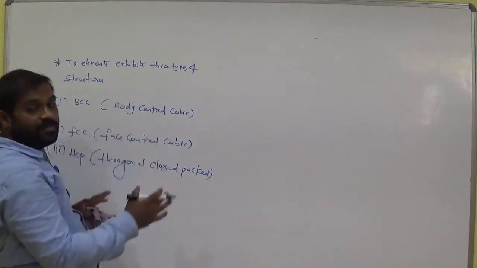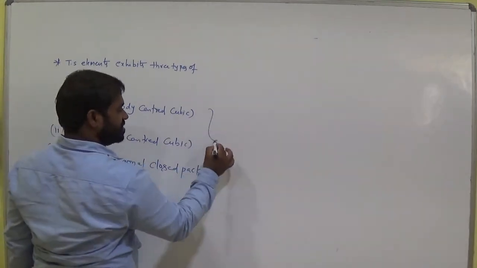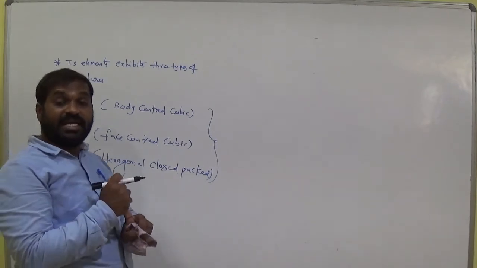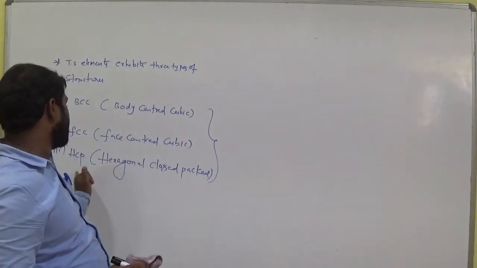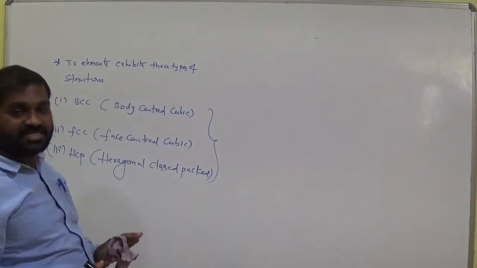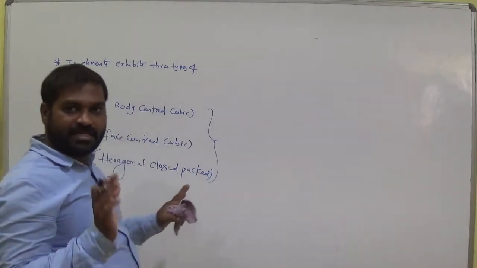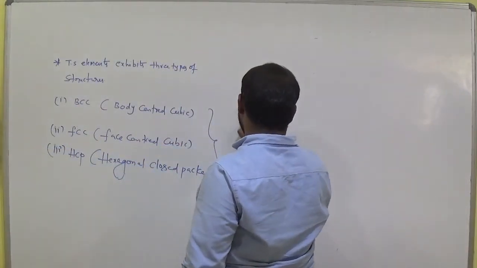So this is the arrangement of particles in this type of structure. We will discuss it in solid state. We have a separate unit, that is the first unit in second year chemistry. So what is body centered cubic, face centered cubic, and hexagonal structure? It means the arrangement of particles like a cubic structure, which we will discuss in solid state. For example, in the case of body centered cube, just see,